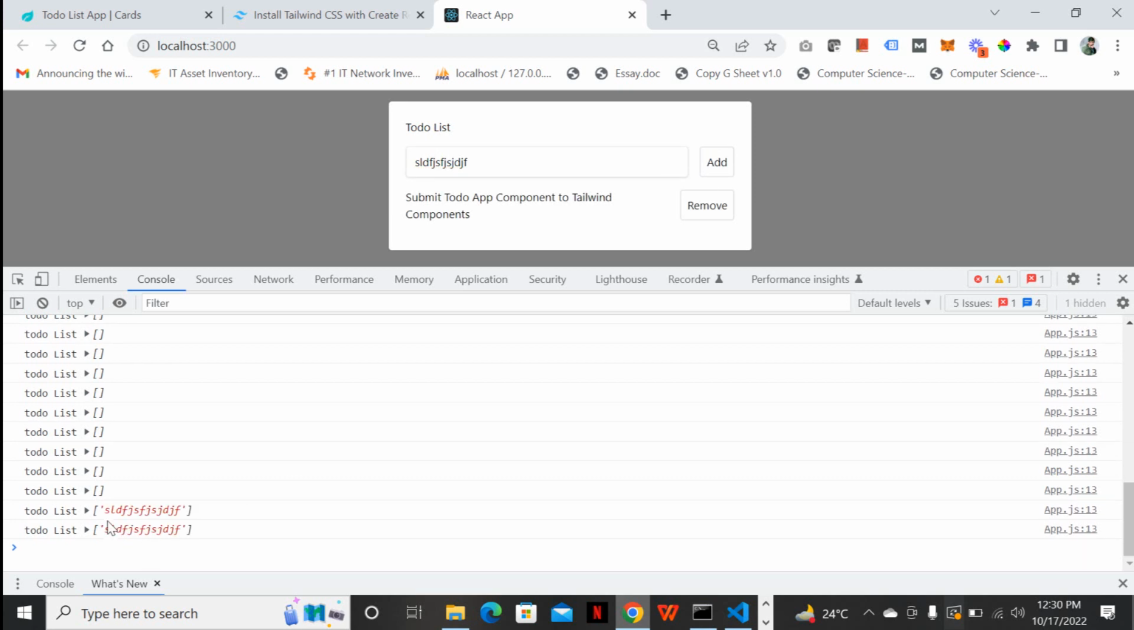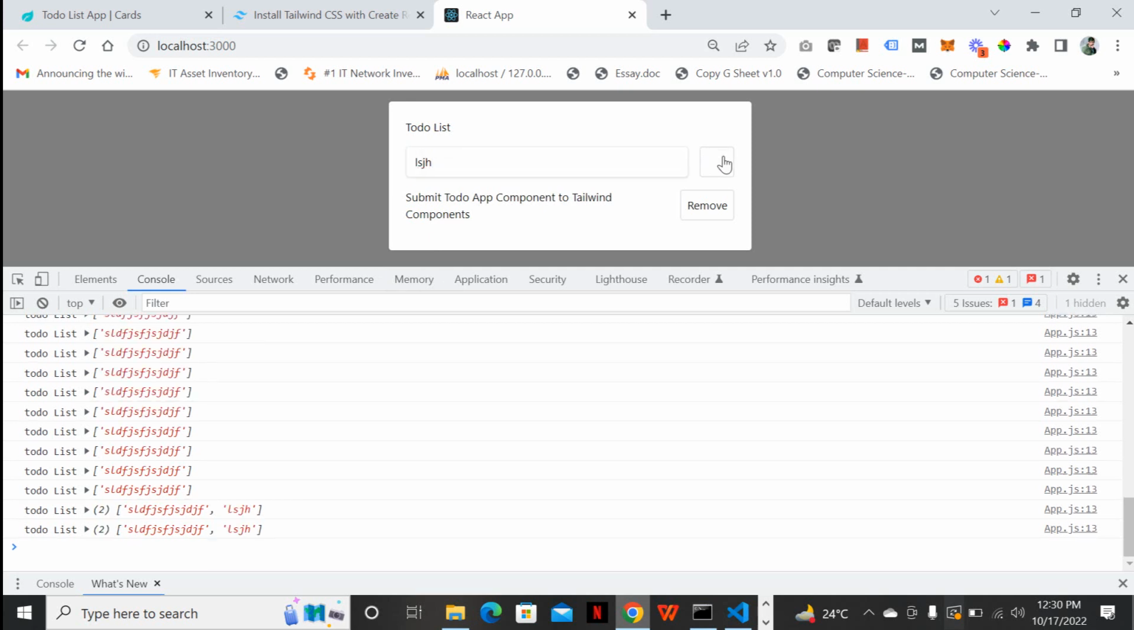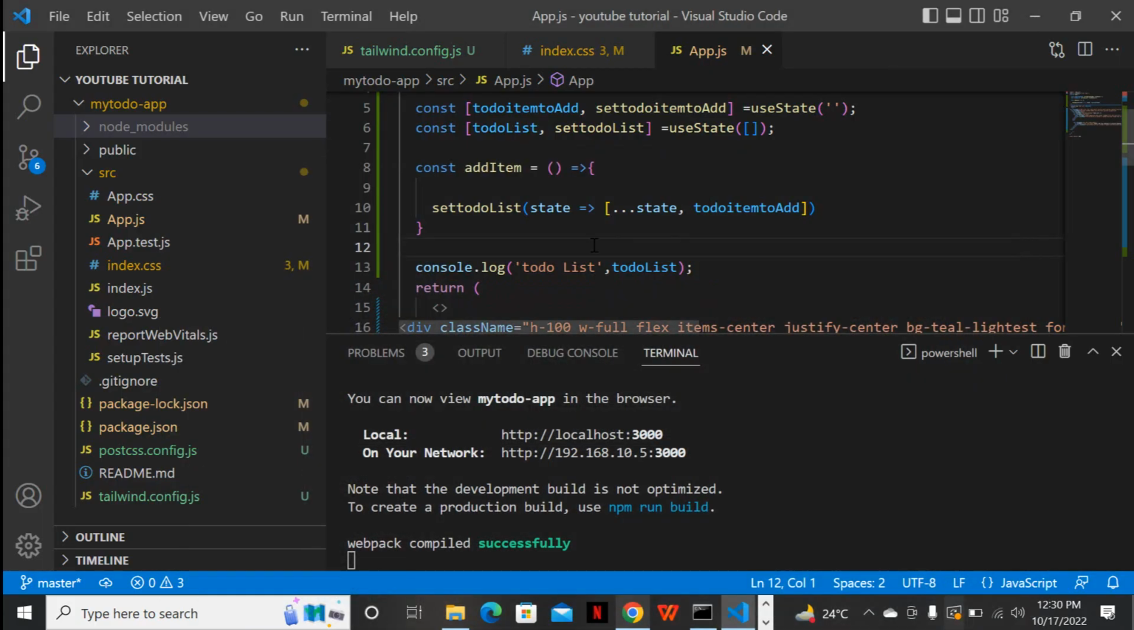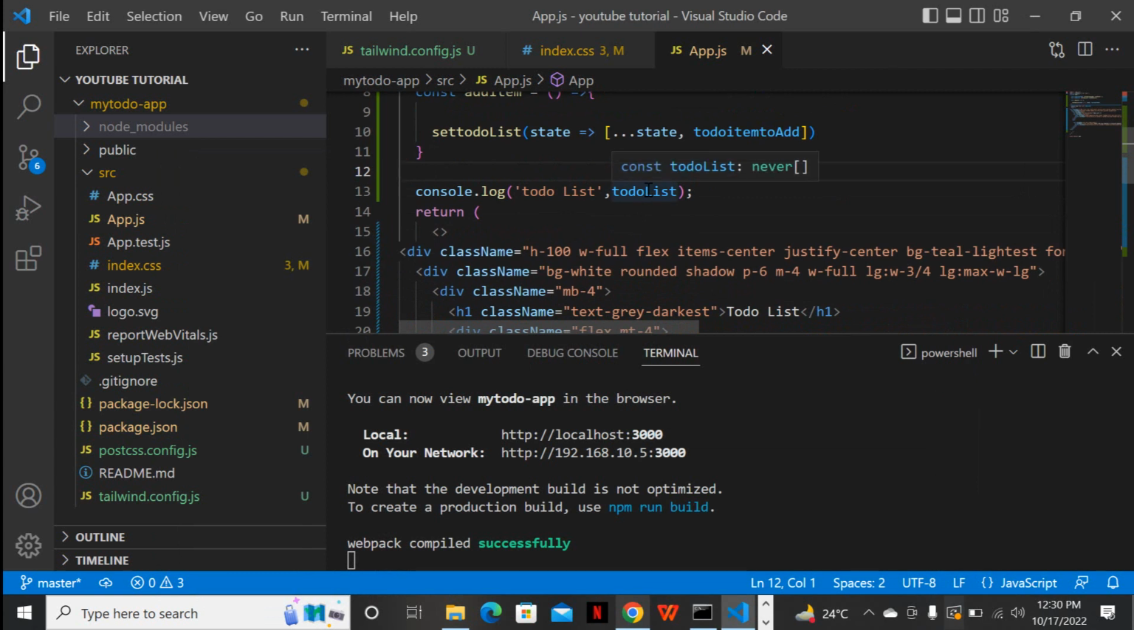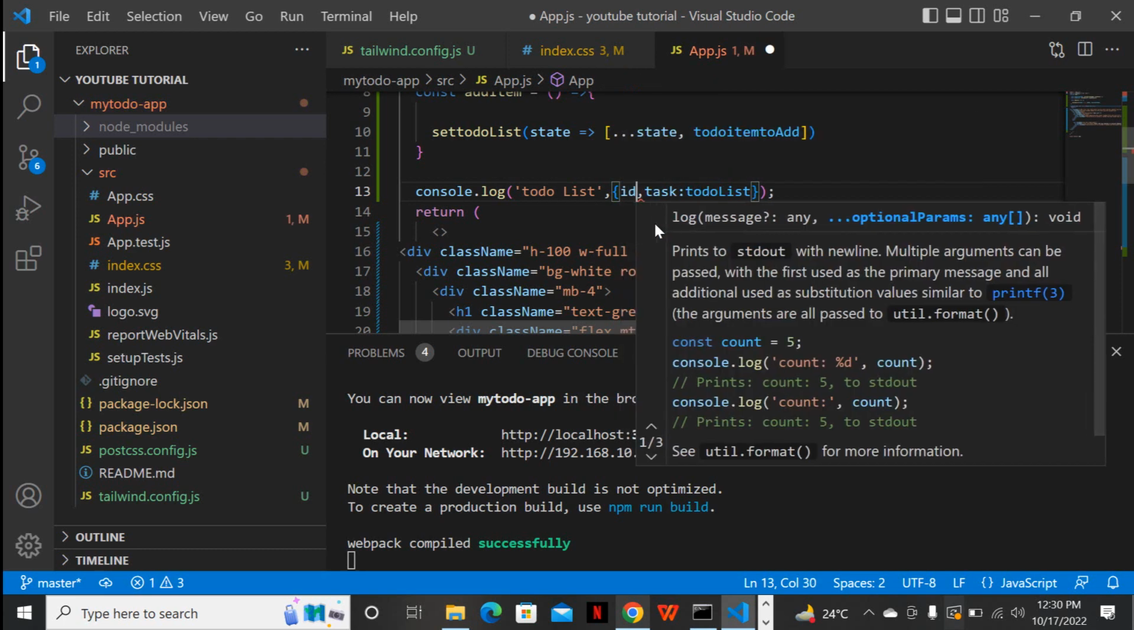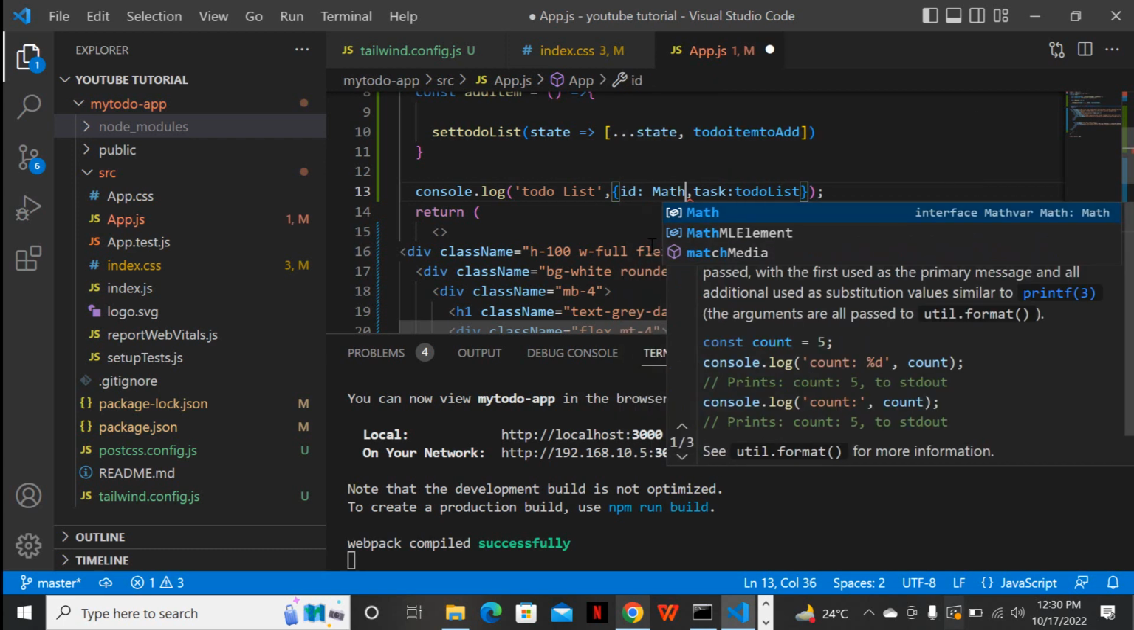Okay, so let me add another task. So let's check. We have gotten our two tasks over there, so it is working perfectly. Here we have to do one more thing. Instead of directly adding that, let me add it in the form of an object. Task would be this and id would be